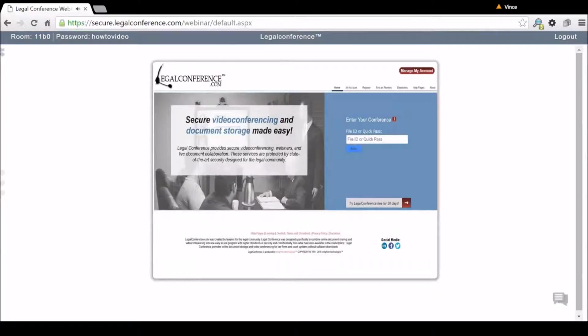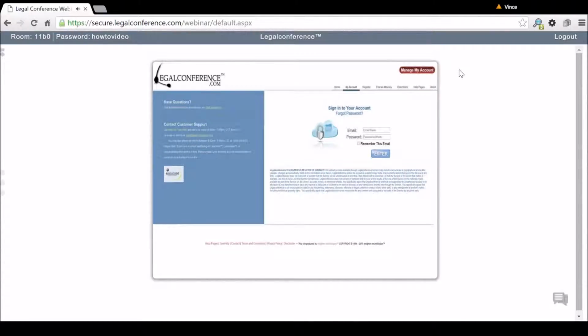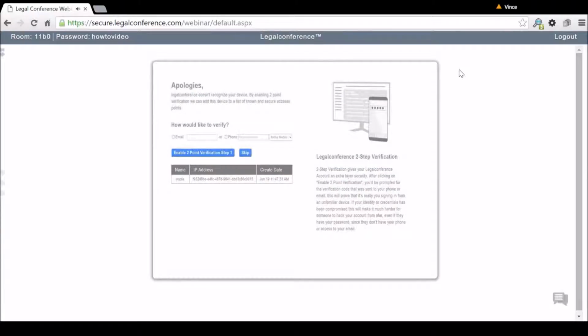That's the main thing. And what you do is you just go to our website, legalconference.com, and you'll see this type of appearance where you'll see quick pass and also some other settings. What we're looking for right now is manage my account, because this will go directly into your email as well as your password that you've set up. And if you didn't remember that, there's a reminder button down below that you can click as well, and it will send you a retrieval on that. But pretty self-explanatory. And we're entering in the email address as well as the password, and then we should be